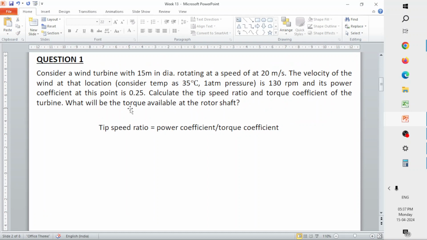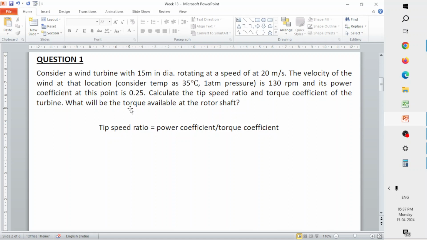So we have a question here. Yesterday we saw the methodology, but we were unable to solve it. So today we will solve this question once again. We will solve this question for the first time, but yesterday we saw the method. I hope you will be able to tell me how to solve this problem. Let me read out the problem and then let's solve this.